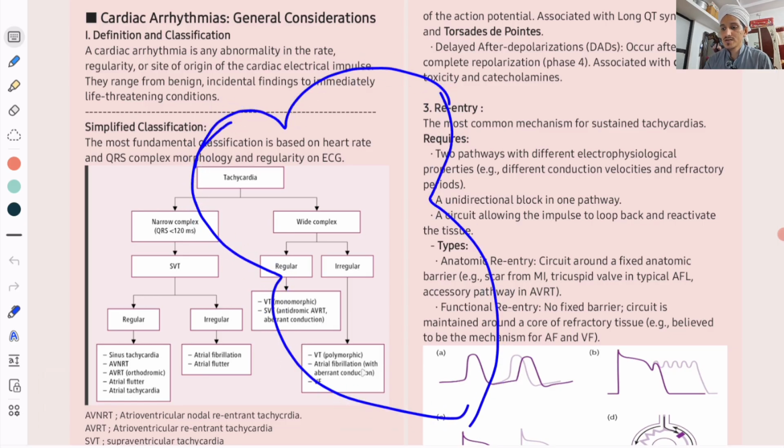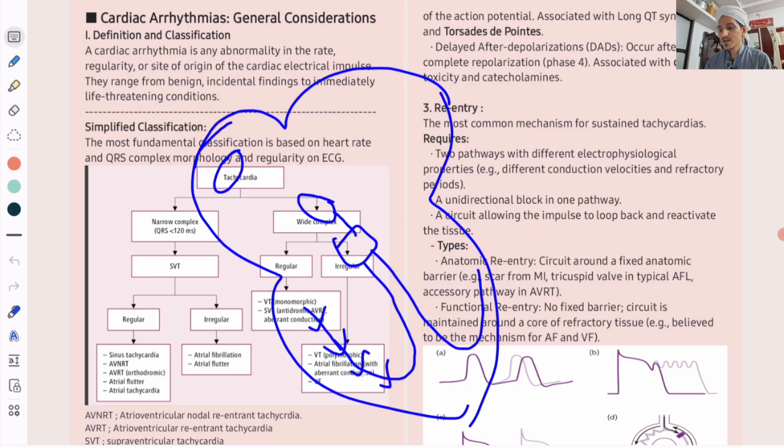this is the heart, this is SA node, this is AV node, this is bundle of His, this is right bundle branch, this is left bundle branch. Left has left anterior and left posterior. These are the Purkinje fibers. So normally SA node is the pacemaker of heart,